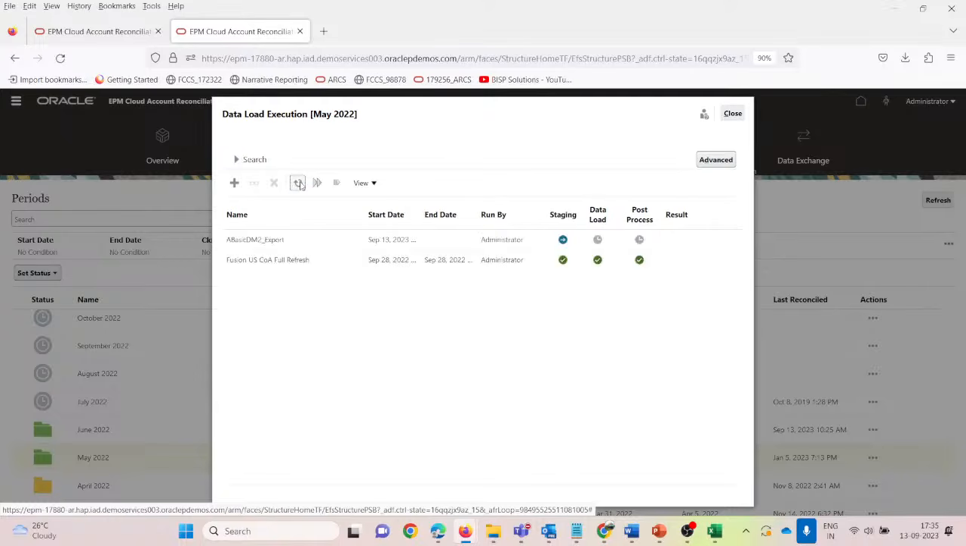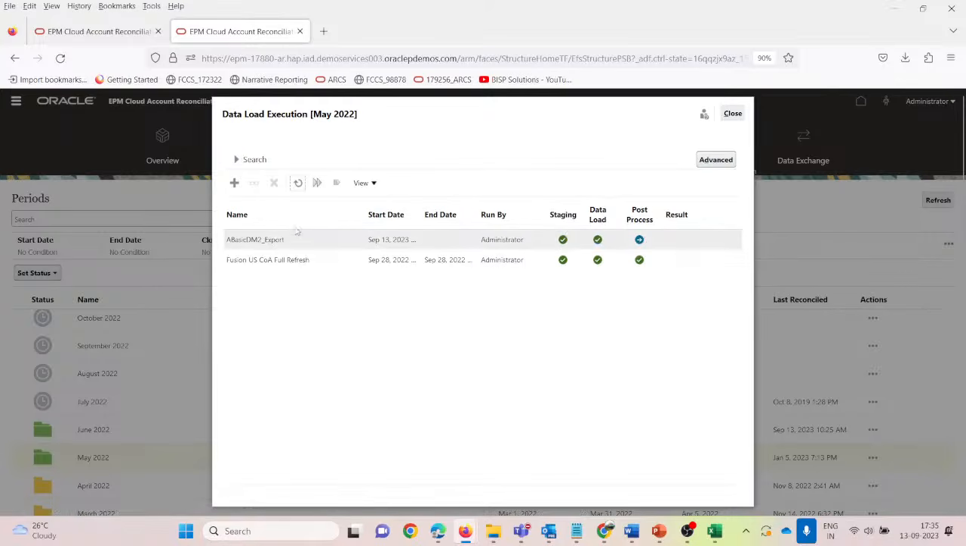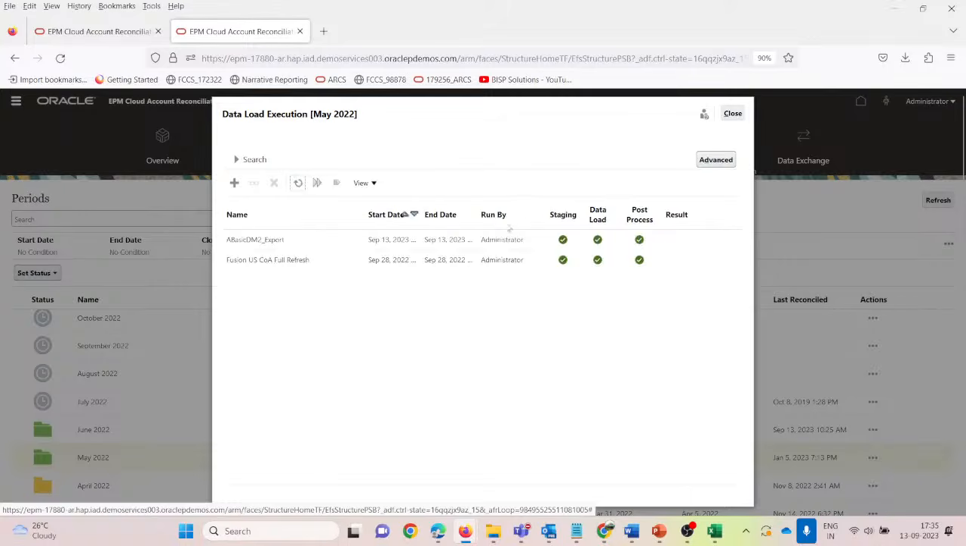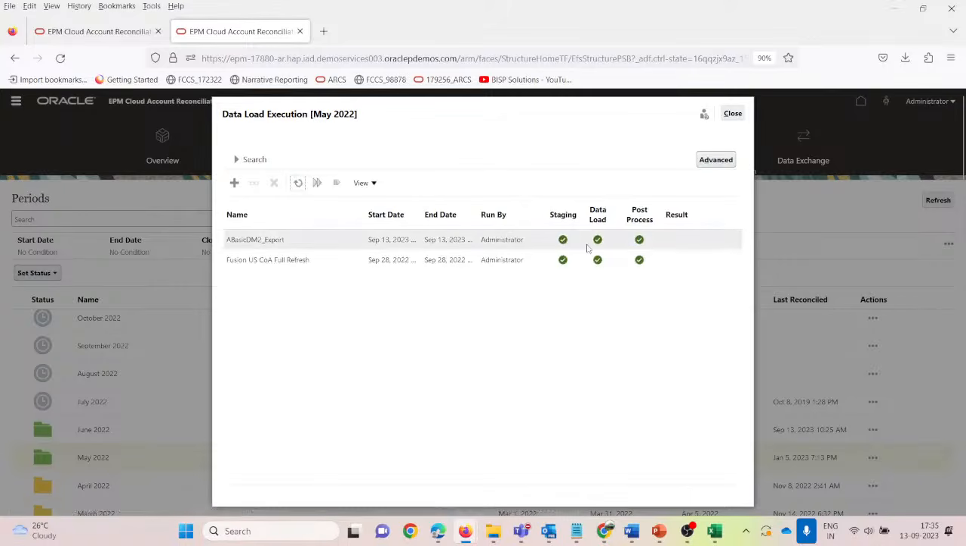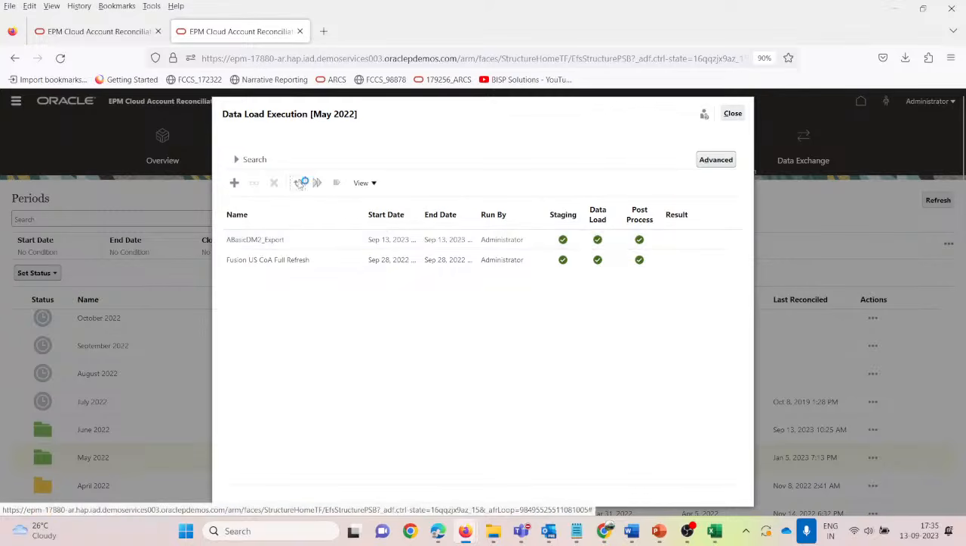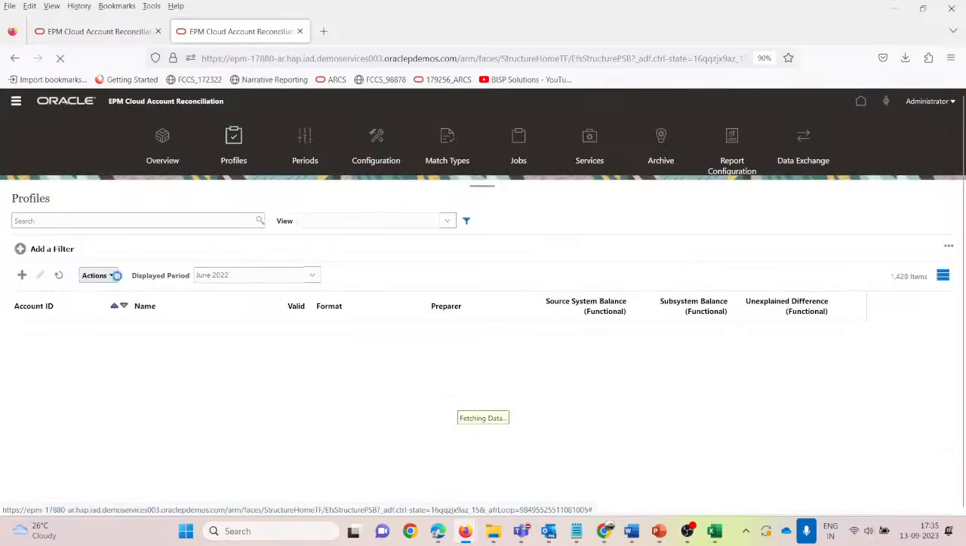So we have been refreshing and we'll get the status here. So staging is completed, data load is completed, and post process is taken care of. Now we got all the three green signals. So it means the data has been uploaded in our profile. So let's go and see that one also. So under profile